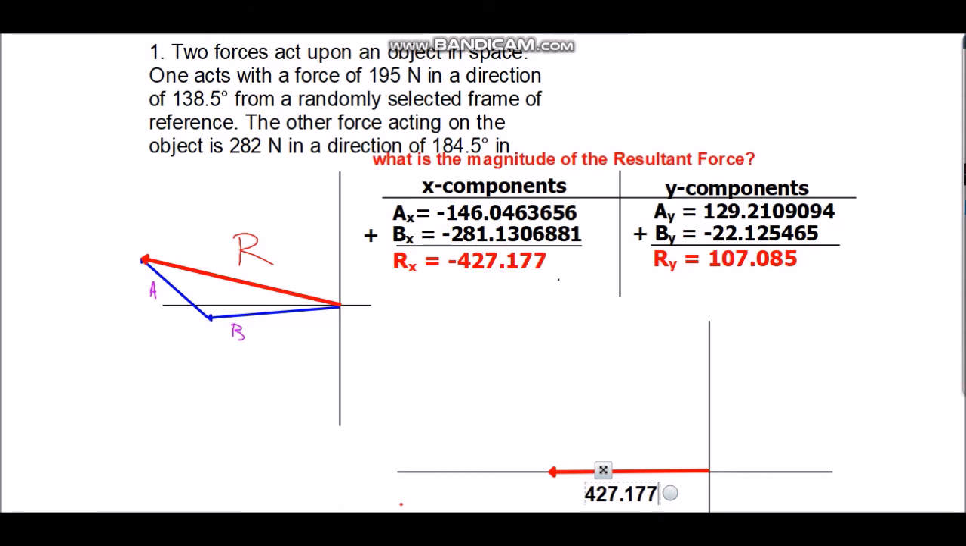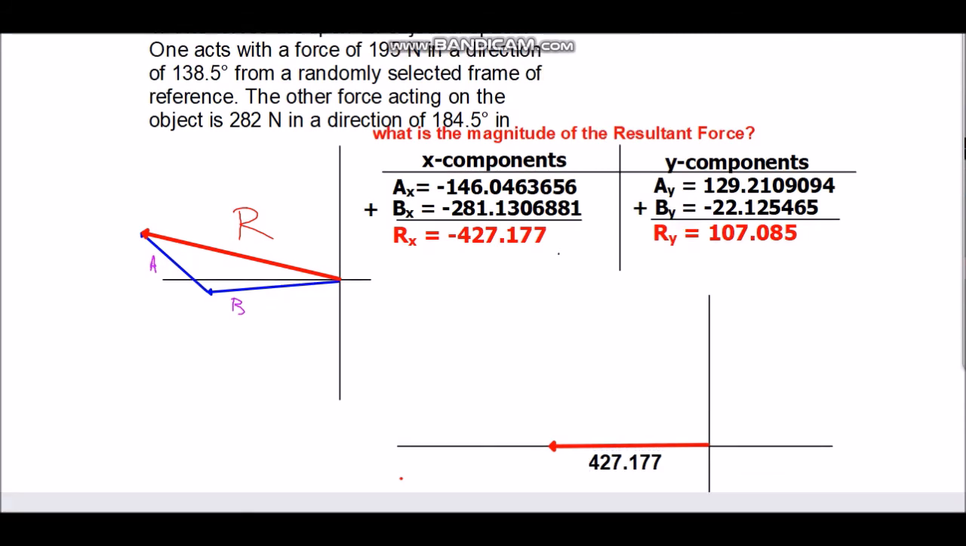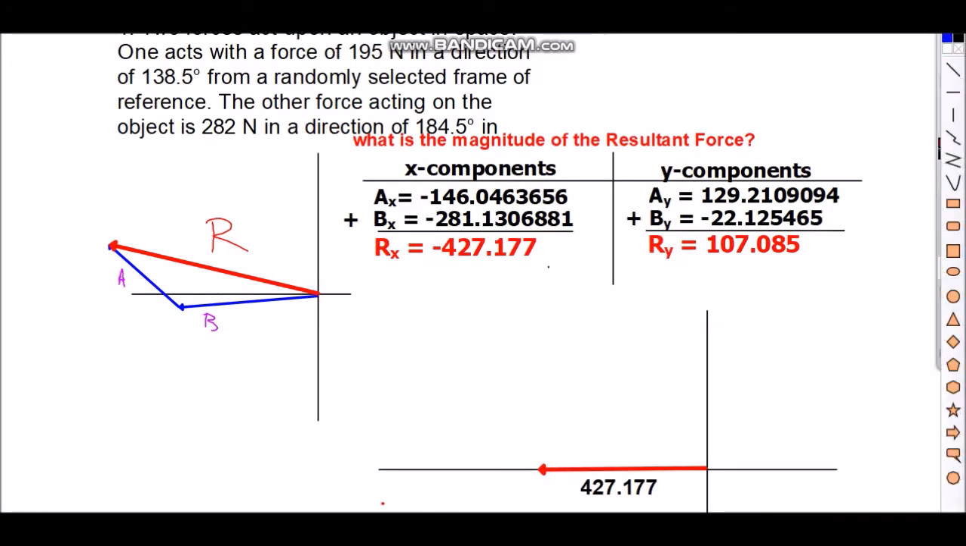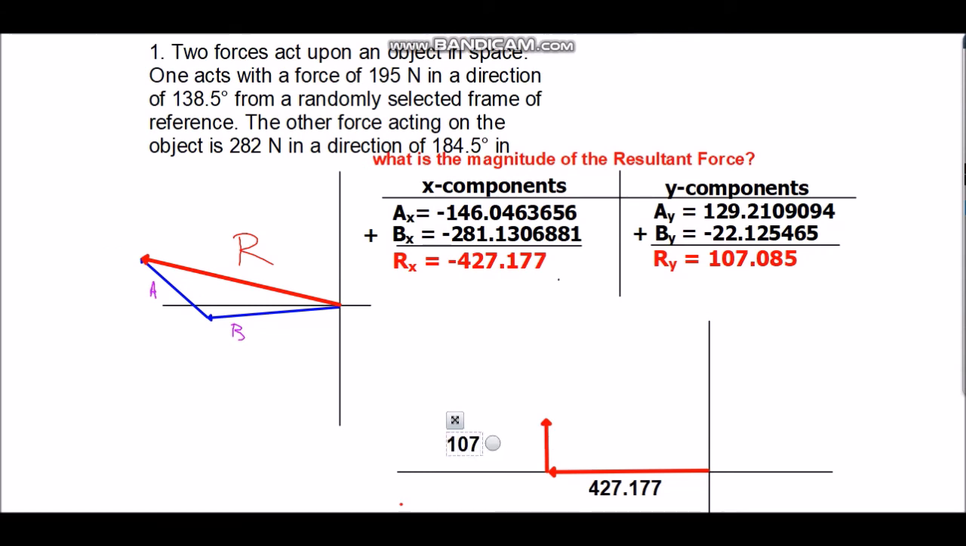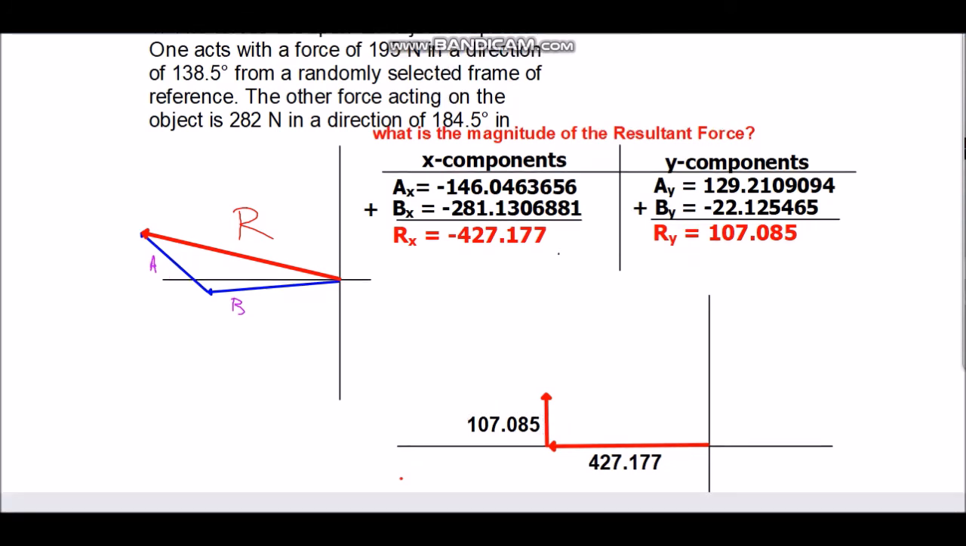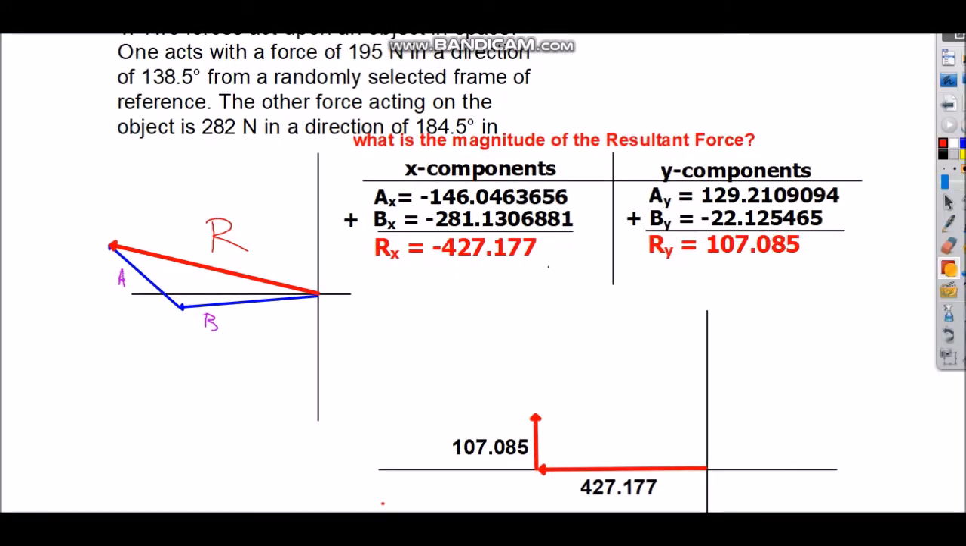427.177. And the y component of my resultant is going to be up because it's positive, 107, not negative. It shouldn't be as long. It's going to be a little shorter, so it might be up like about that. Okay? And that is my y component, the 107.085. So I have these two, and the nice thing about components, keep in mind, components will always